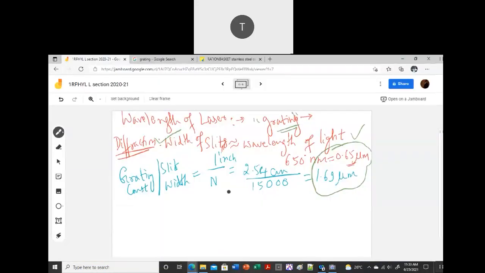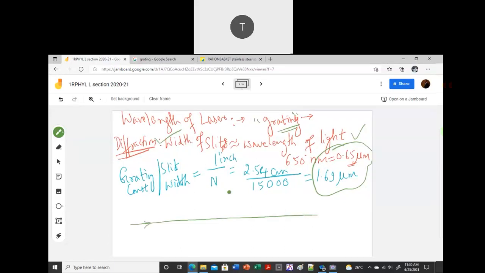So initially I have a laser light, which is going like this, and let us assume this is the screen. So it is falling at some point. Why you need these meter bridges is to know the exact distance between each of those spots. So this is your beam, and once I keep the grating, then what happens? You have splitting.